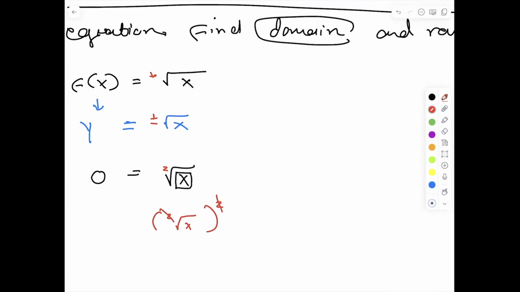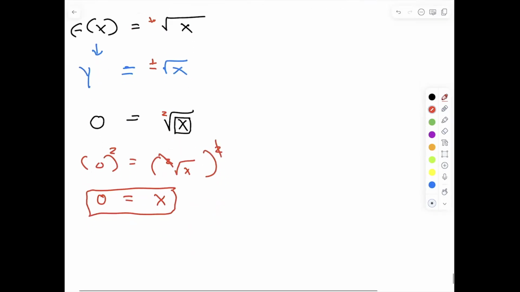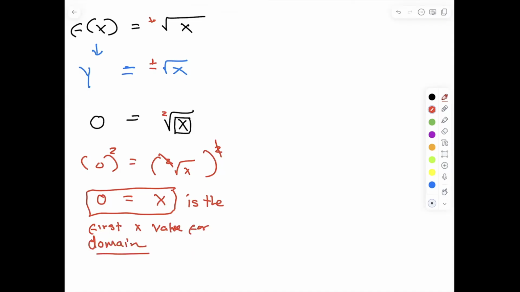So this and this cancel out. And what is 0 squared? Well, this is going to give me 0. So all of this is going to drop. And I'm going to end up with x is equal to 0. x is equal to 0 is the first x value for the domain. Okay? Now,